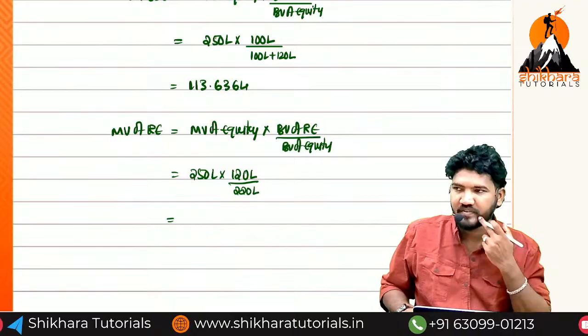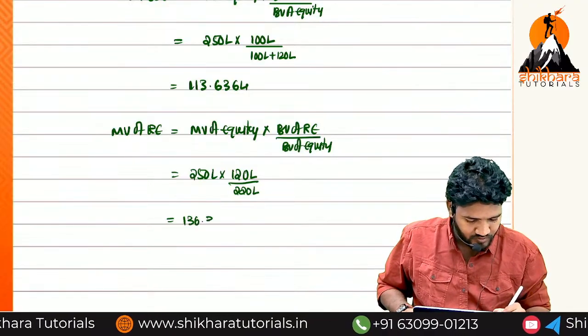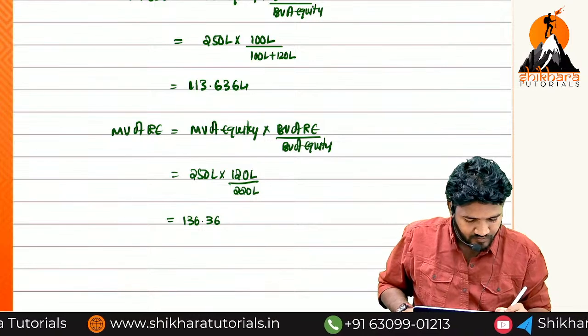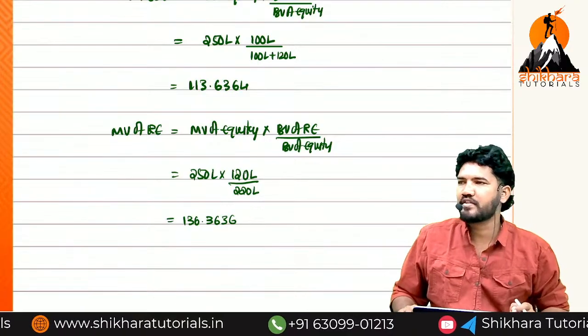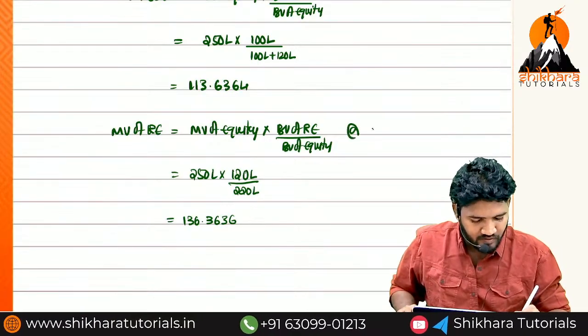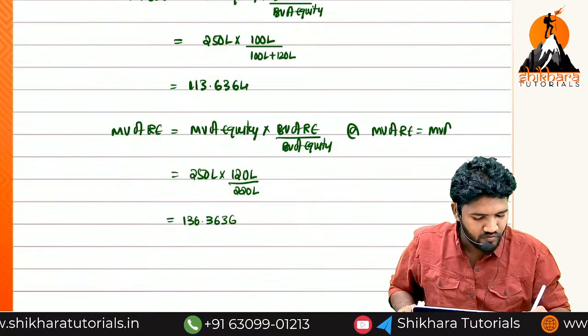Answer: 136.36 bar, 3636. Clear sir? Now the market value of retained earnings equals